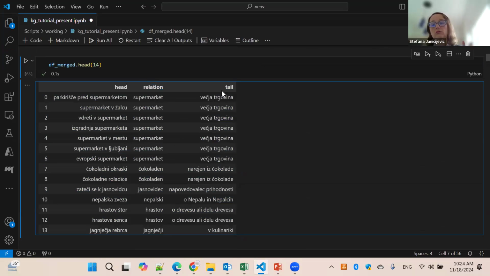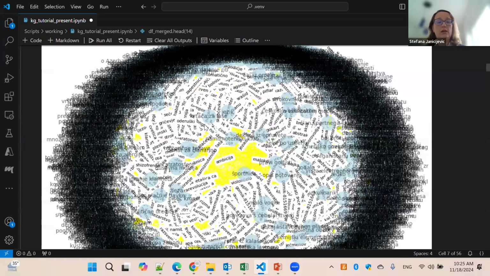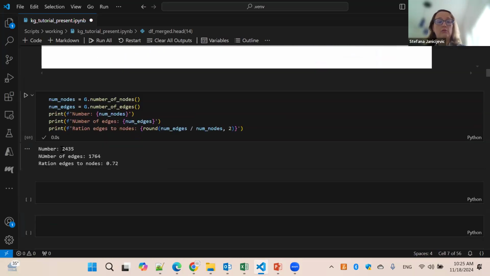So we have 2 columns for nodes. We didn't do it for 1 column, we did it for 2. I mean, in our Slovenian language database, we have collocation, which is the head node. We have indicator or sense, which is the tail node. We have keyword, which is the relation. So I hope it is totally clear. And that's why we have